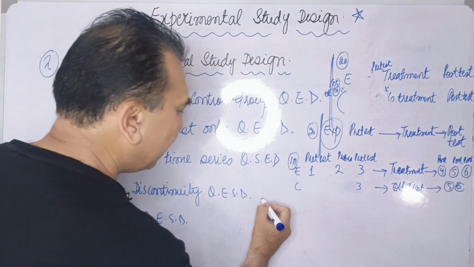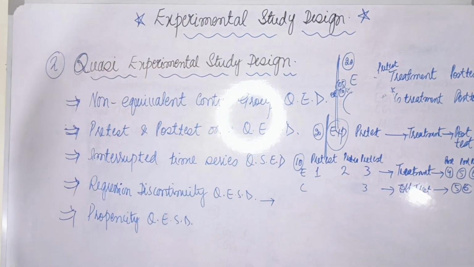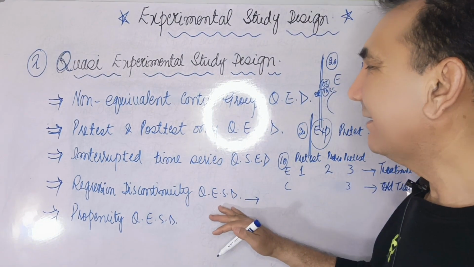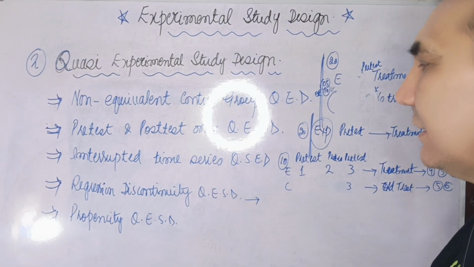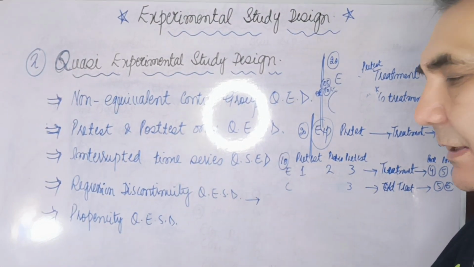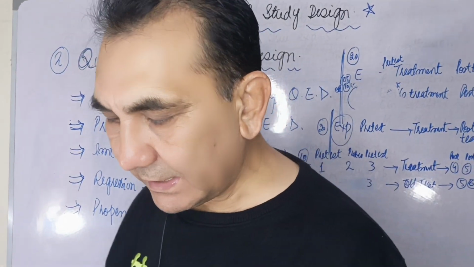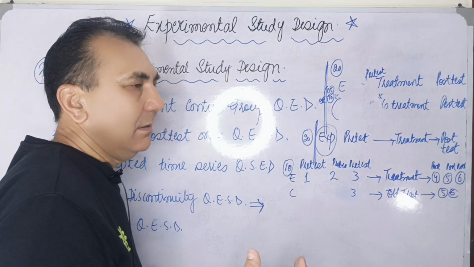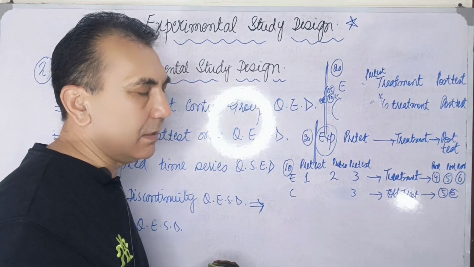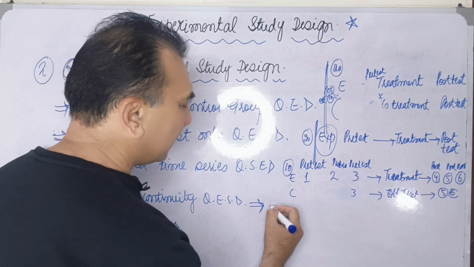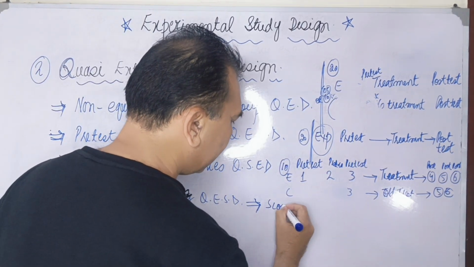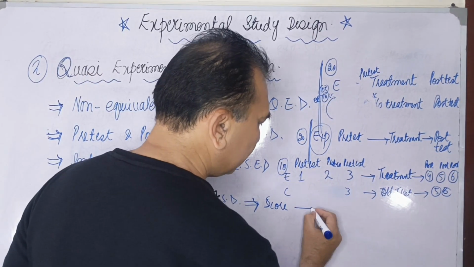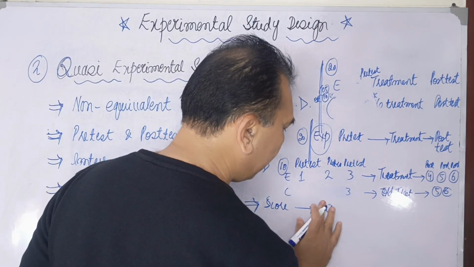Let's go on to the fourth type of the quasi-experimental study design, which is nowadays very famous. It is called the regression discontinuity quasi-experimental study design. In the quasi-experimental study design, suppose any researcher or any teacher, education researcher, conducts the test or score. Then he keeps the